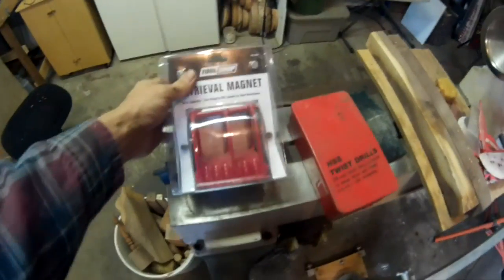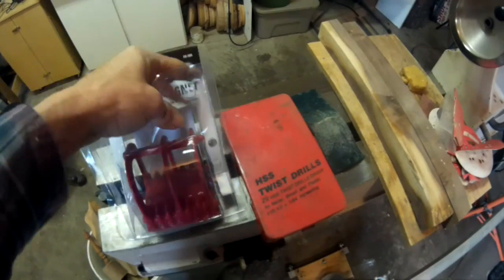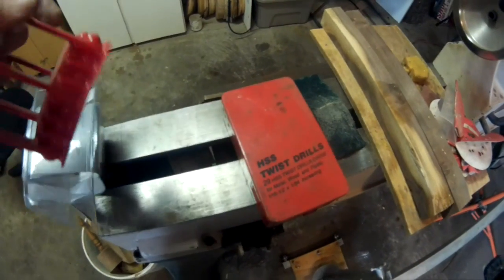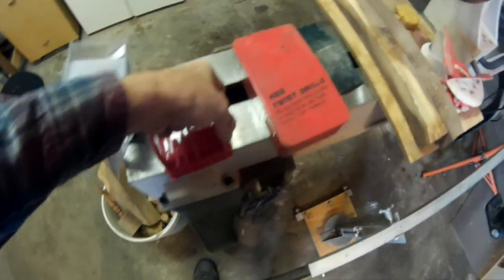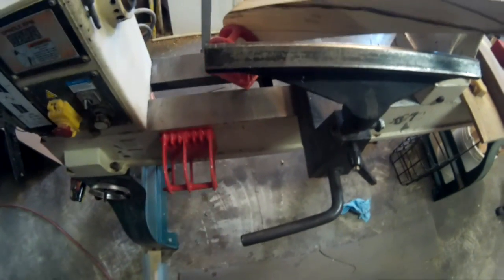So, this is what we're starting with. I picked this up at Menard for about $8, and they are pretty dang strong. So, toss this away. Okay, so just to show you about how strong these are, this is a 70-pound magnet. I have a 25-pound anvil here, which it has absolutely no problem with. And then this block of steel next to it actually weighs about 45 pounds, and it has no problem with that. So, I figured there's plenty of grip, and I can mount them anywhere on any machine in the shop